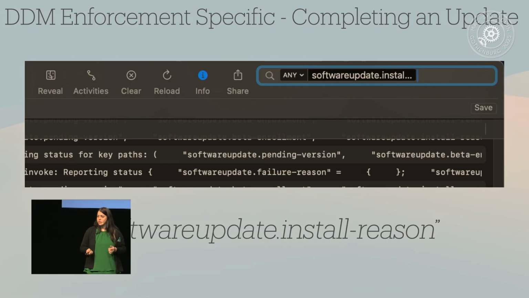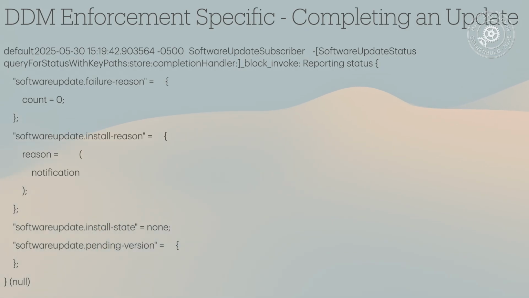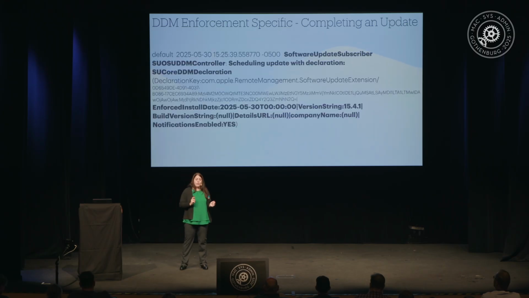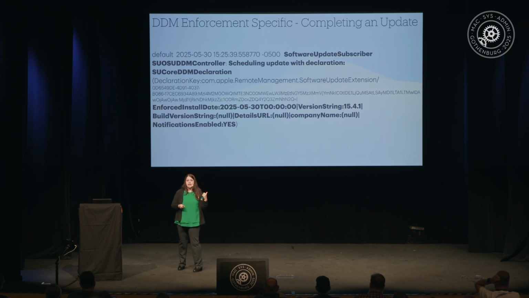If we hop into the console and look at the install reason, we can see that initially, before the device actually got that declaration of past due, it's kind of boring because it doesn't have anything it thinks it needs to do, and that's good. Until we wind up going over to the update subscriber DDM controller, and we see that come down with a scheduled declaration. If we look specifically at the bottom 3 lines here, we can see that declaration information with the enforced install date, which in this case, past due, includes the version number, and in this case, we've got notifications